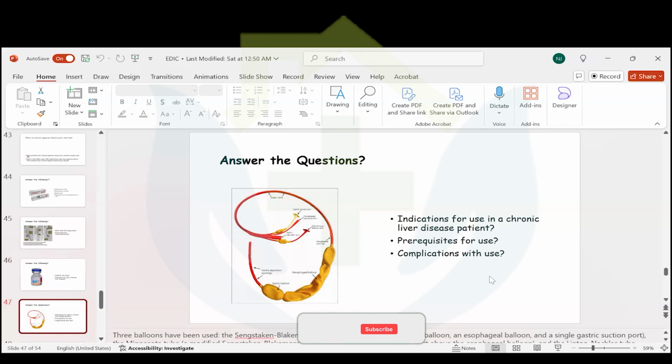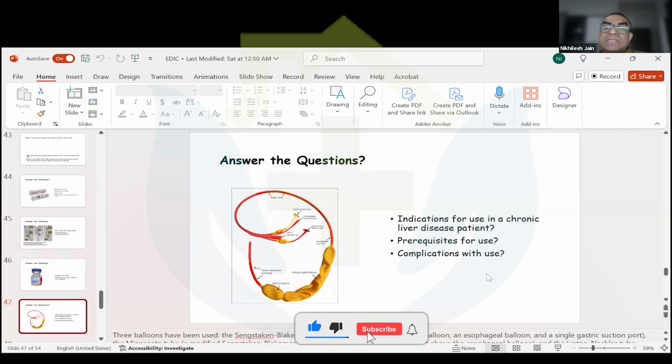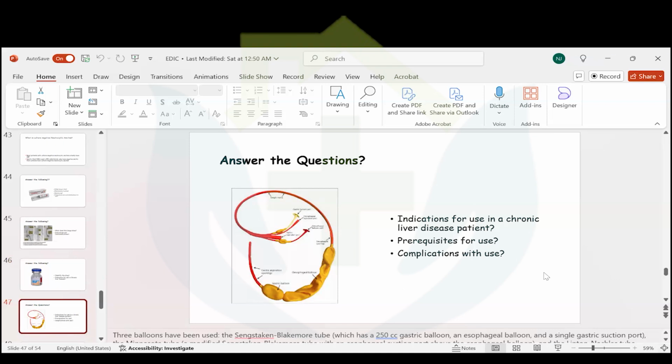Do you know what this is? Sengstaken-Blakemore. Yes, absolutely. The Sengstaken-Blakemore tube, and indication for use is, of course, to control a bleed. What would be the prerequisite for use when you want to use it for a patient? It is transient, as a bridge to endoscopy to control uncontrollable bleeding till we have endoscopy. Correct. We use it for 24 hours, at most 48 hours. Ideally we need to have airway protection in place whenever we are putting it in, right?